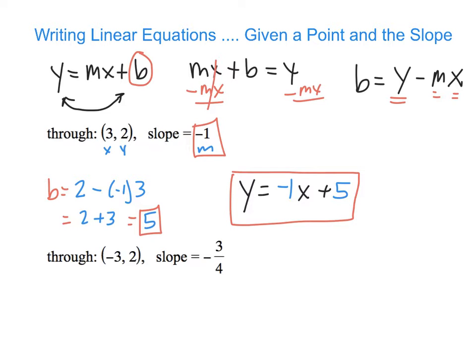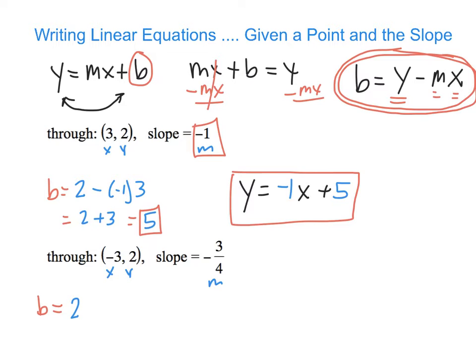So for these problems, I need to use this little equation that tells me that b is y minus mx. b is y minus mx. Let's try that again with this problem down here. First of all, let me remind you that the first number here is x, this one's y, and this one's m. We can figure out what b is by doing y minus mx. So that's going to be 2 minus